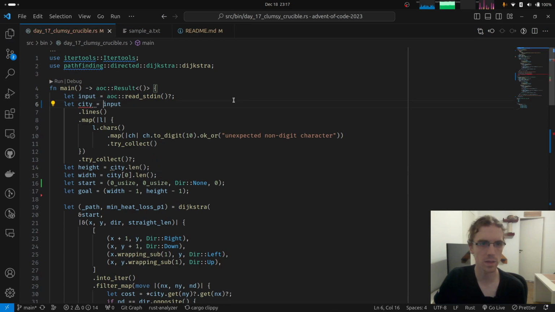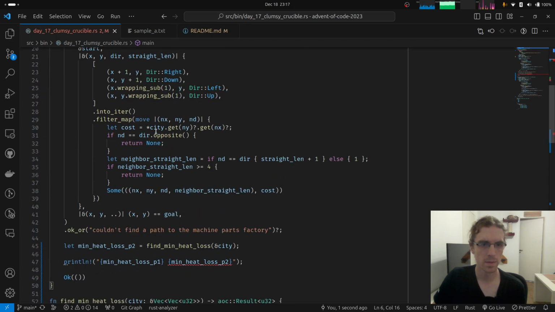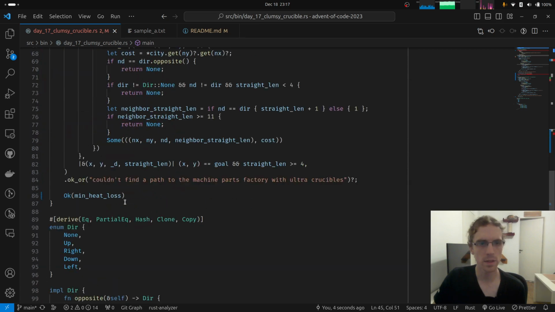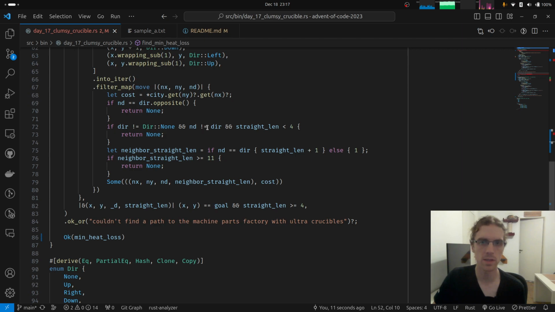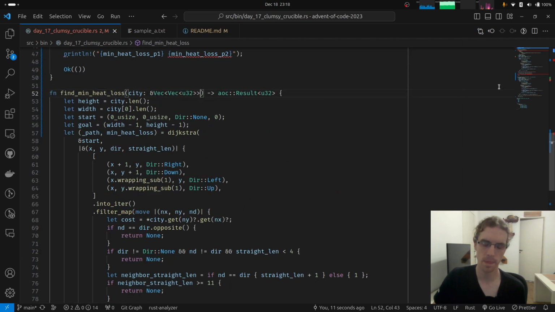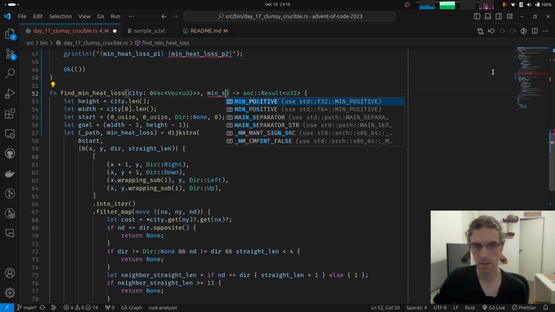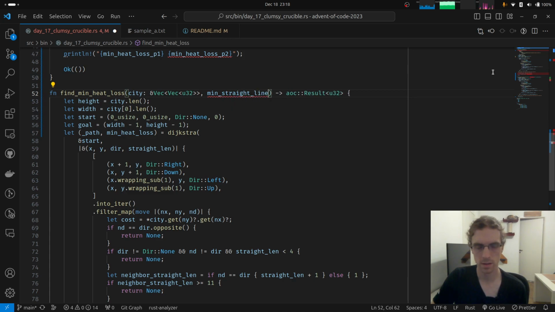Yeah, and I didn't want to make this a reference. It's actually, yeah, this already is compiling this function, but of course it needs a couple of parameters, which is like the minimum straight line that you can go. So let's just call it min straight length, which is like what I'm calling this thing here.